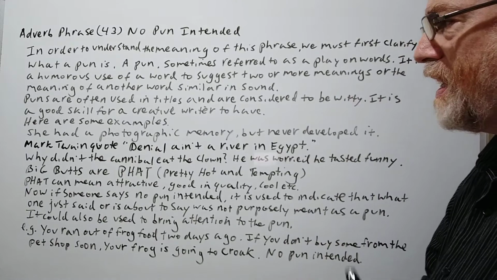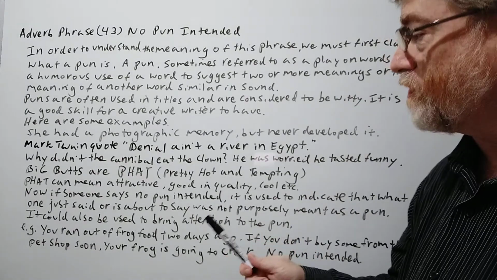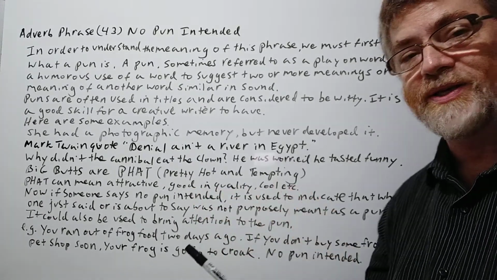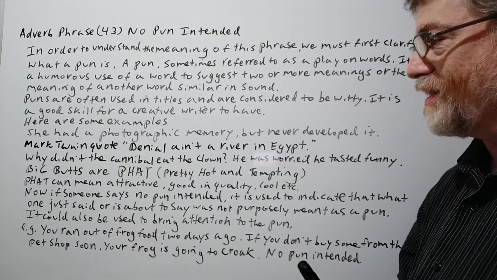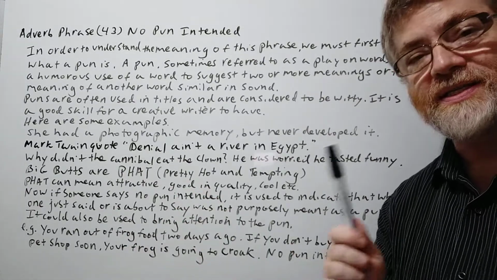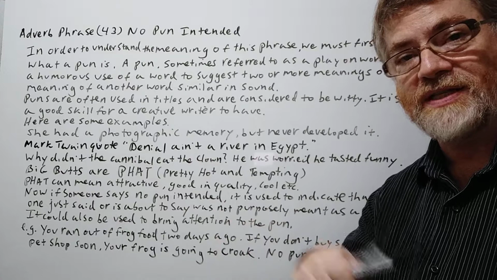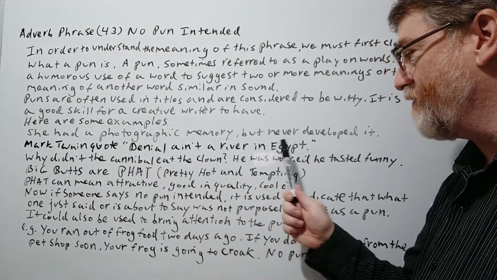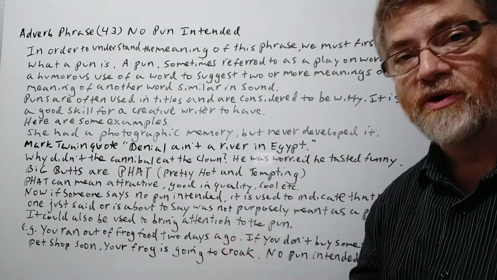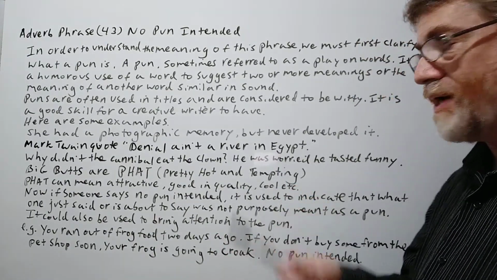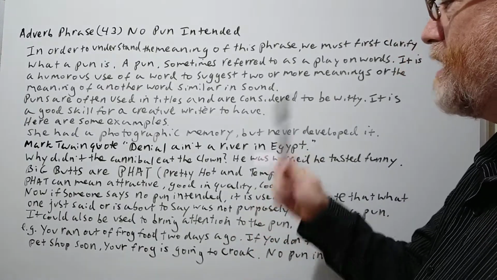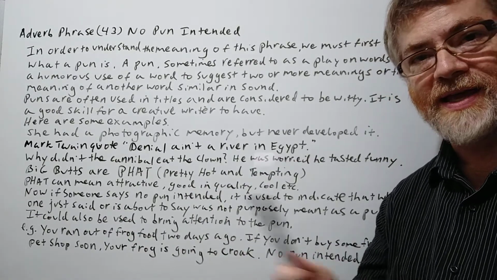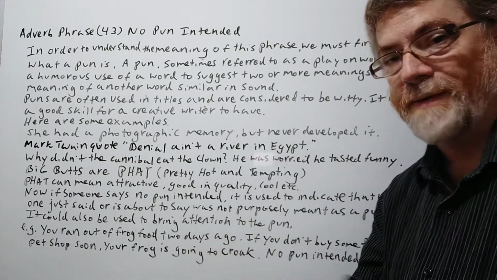Okay, let's continue. The second one we have is a real quote from Mark Twain. And here it is. Denial ain't a river in Egypt. Well, this probably came from one of his books. The pun here is denial, because denial sounds like the Nile. That's the famous river that's in Egypt, the Nile. So he's saying denial ain't a river in Egypt. Well, obviously he was talking about denial in the story. But anyway, this is a pun. This is a little bit like the second one. These are two different words. They sound similar. And that's kind of the play on words there.